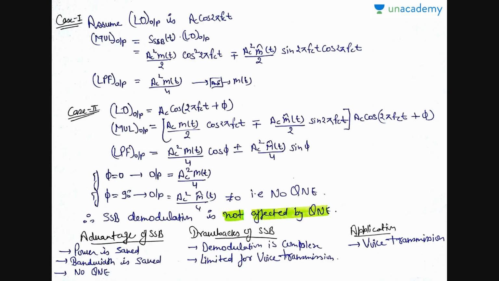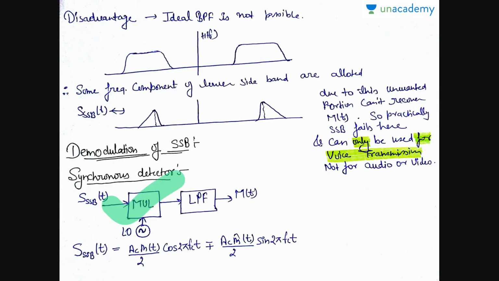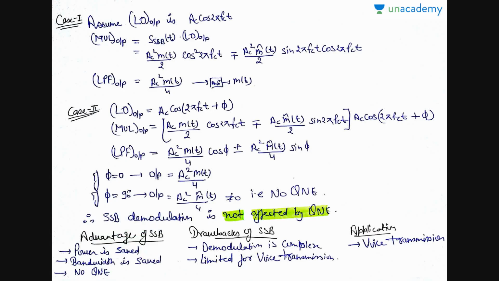Let us assume that the local oscillator output is Ac cos 2πfct, that is the perfect synchronization case. The output of the multiplier will be SSB(t) multiplied by the local oscillator output. That is, the multiplier multiplies this signal and this carrier signal. And at the output of the low pass filter, we will get Ac² m(t)/4,